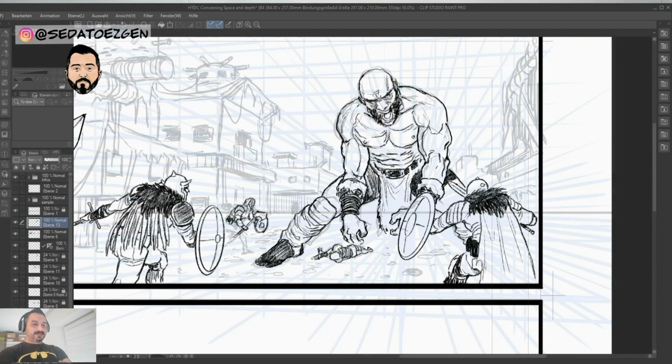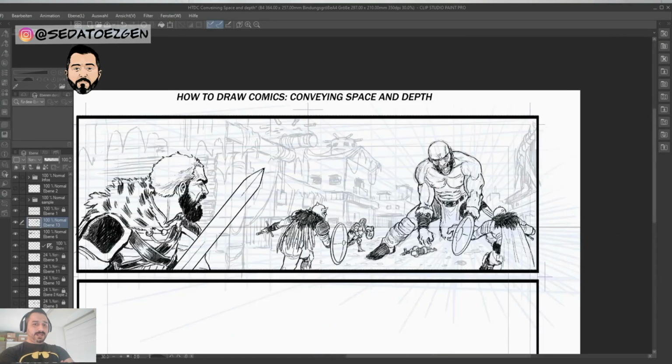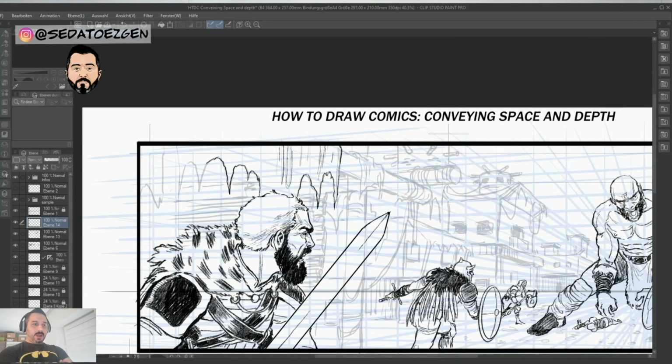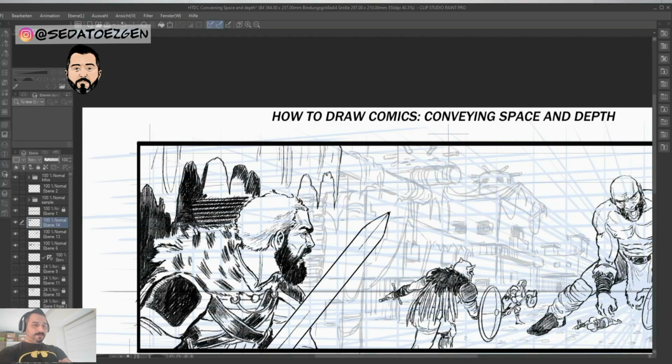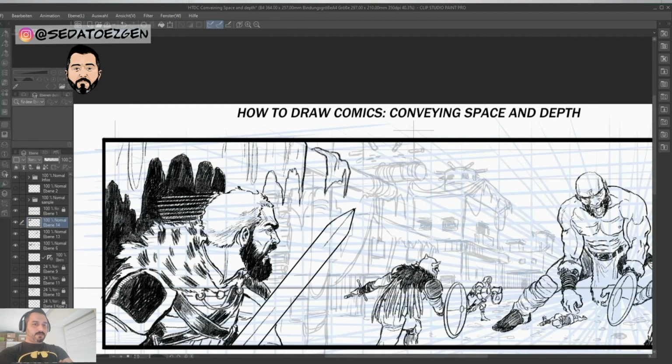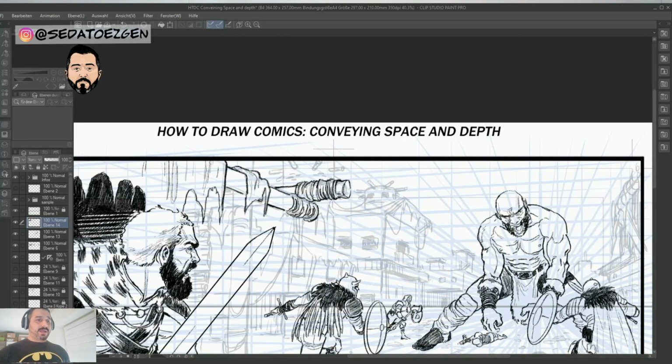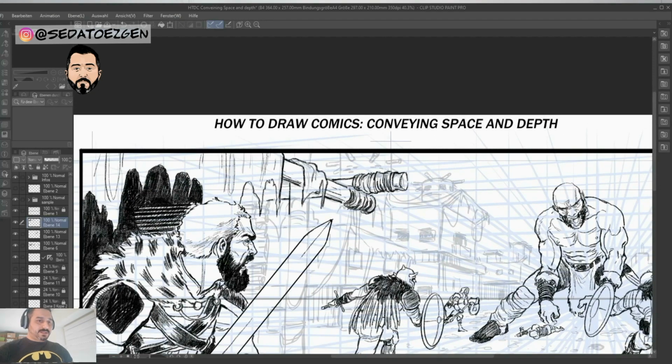And as you can see, the details in the characters that are in the middle and background are less than on the character in the foreground. But when the piece is finished, you will definitely see that the character in the front isn't in any way or form distracting from the focus of the drawing. And as you can see, I am now adding more details and